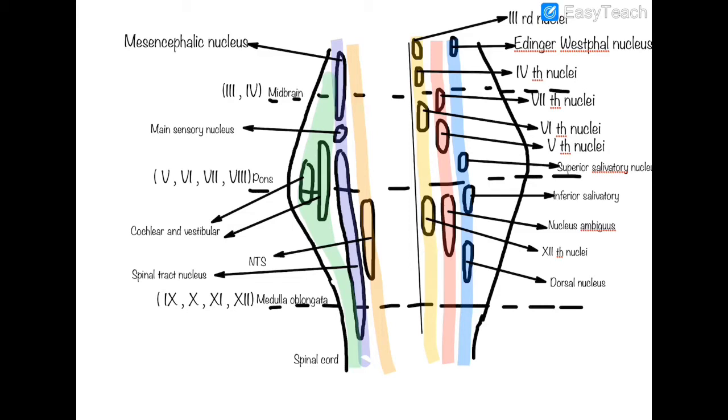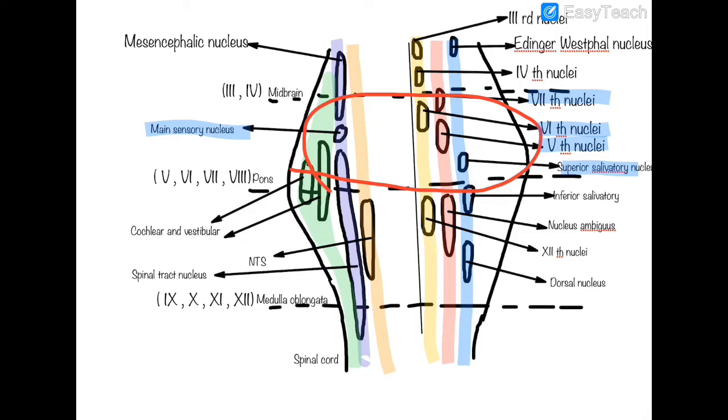Not going into the detail of this structure, but it helps to localize the disorders of the brainstem. For example, if we are talking about disorders of say the pons, we will isolate only this part and forget about the rest and think about only the structures which are present in this region, that is the 7th nerve nuclei, the 6th nerve nuclei, 5th nerve nuclei, superior salivatory nucleus, the main sensory nucleus, like this.